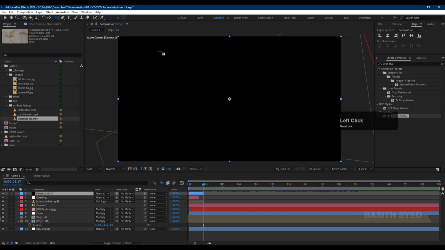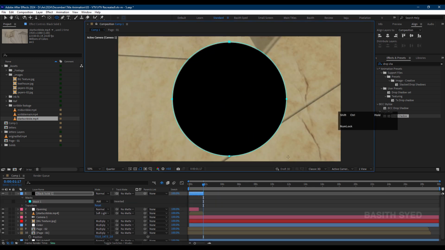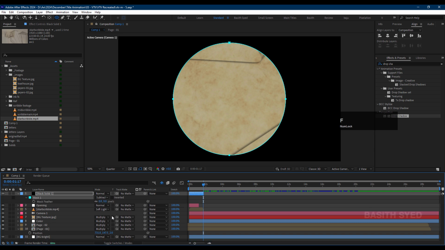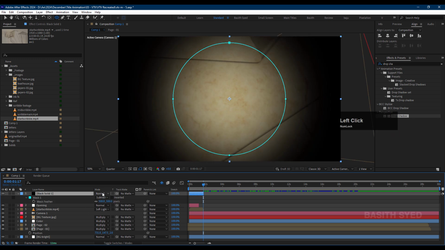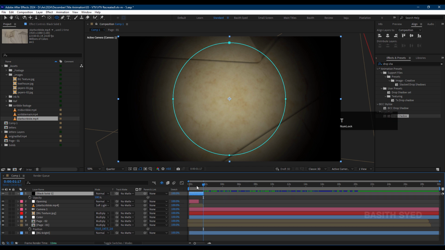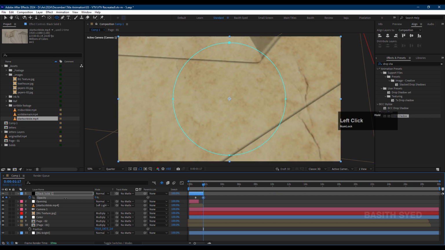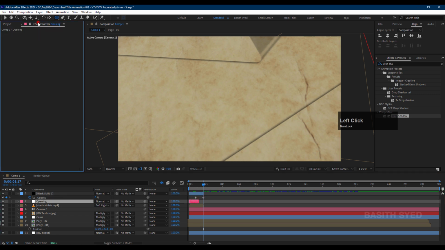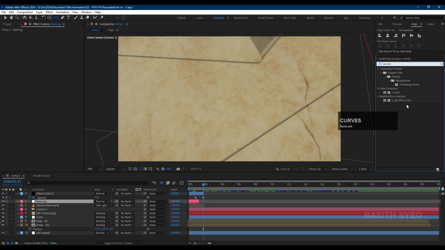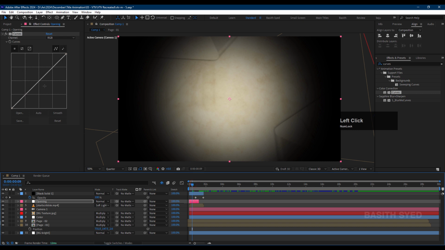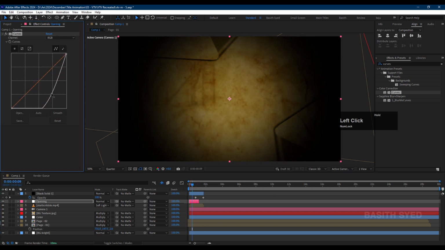Let's create an ellipse. Go to ellipse tool and then in the center press Ctrl and Shift to bring it like this, and then press M and then subtract this, press F and then bring the feather something around 500, something like this, and let's create an opacity keyframe and then press O to move to the end of the layer, and then press 0 and then select this one, apply a curves, apply into this and then just bring it like this, something like this,